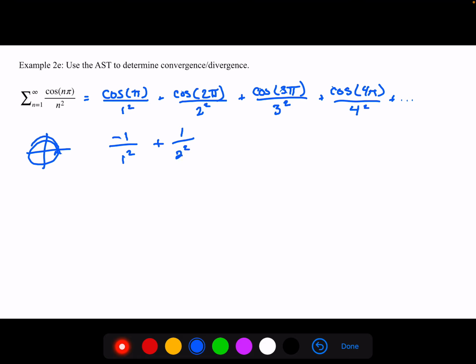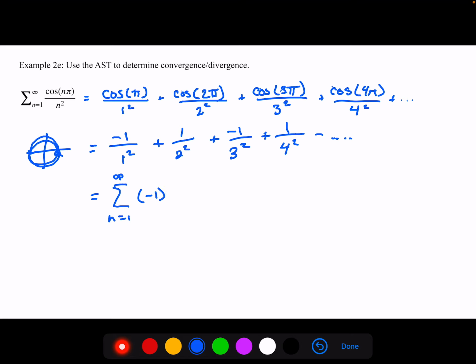Cosine of 3 pi is -1, so plus -1 over 3 squared. Cosine of 4 pi is +1. So we have a 1 over 4 squared, and so forth. So we can indeed view this as the sum from n equals 1 to infinity of -1